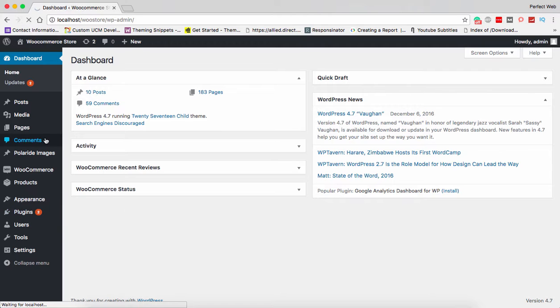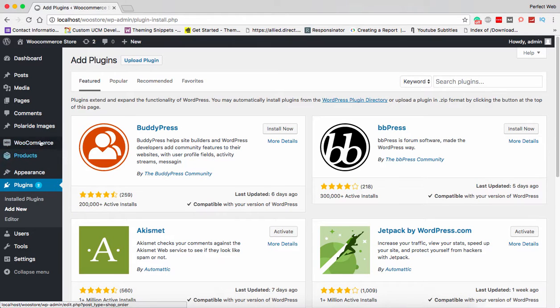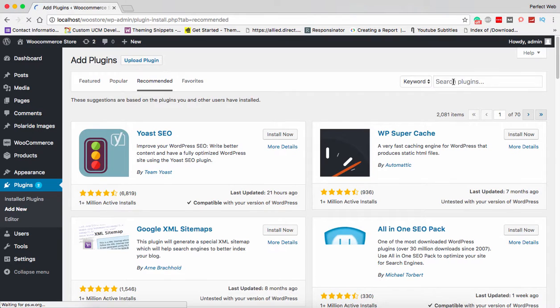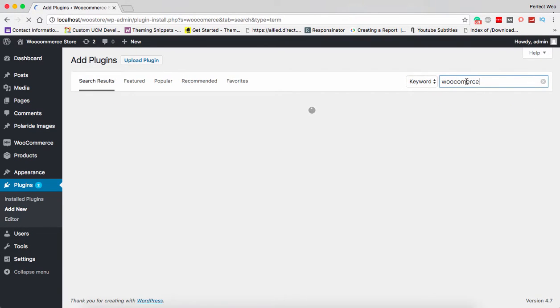As you can see, I have already installed it, and you can see the WooCommerce and Products tabs in my left panel. So it means I have already installed this plugin. In your keyword search area, you can either type here or look at the recommended ones. The easy way is to just type WooCommerce.